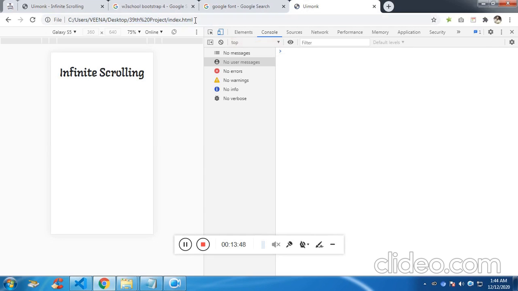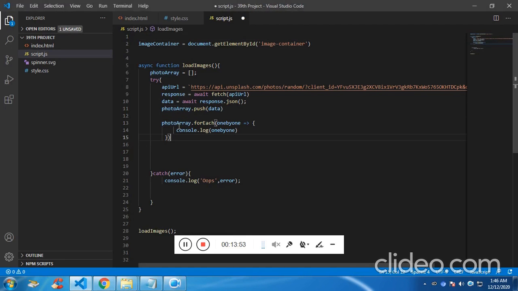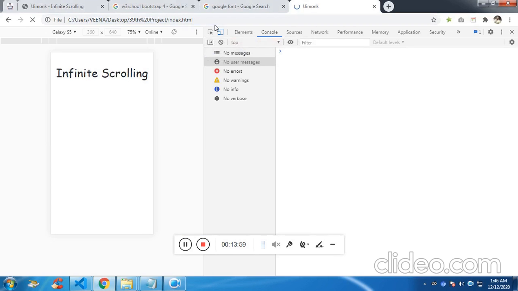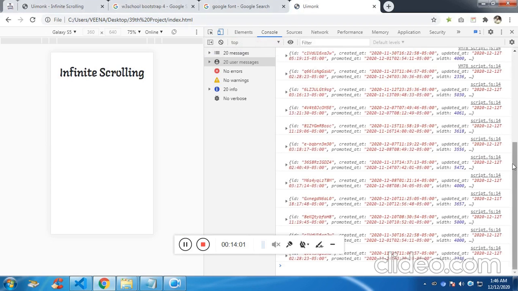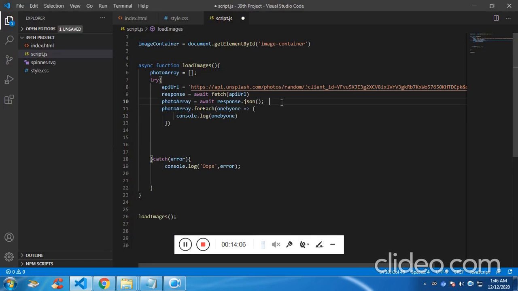Let me remove the above one. So instead of pushing, let's see now. Yep, we got the individual data. So previously we were pushing an array inside an array,